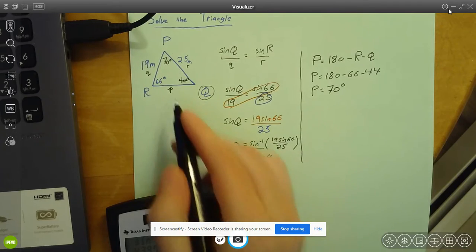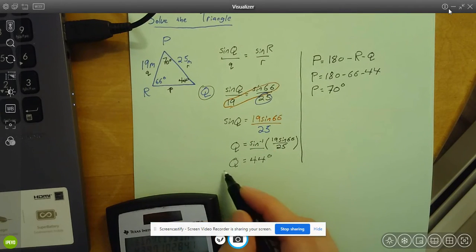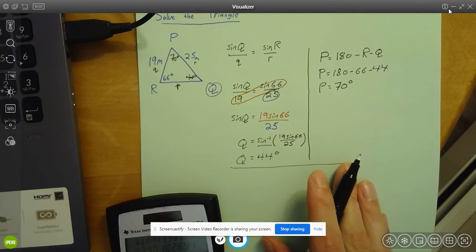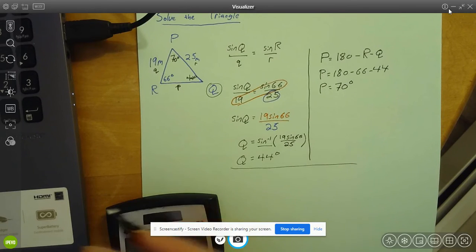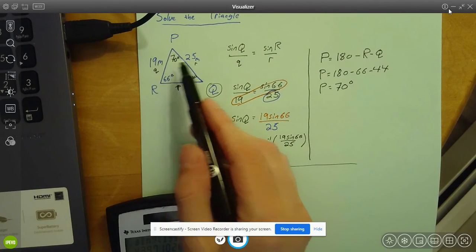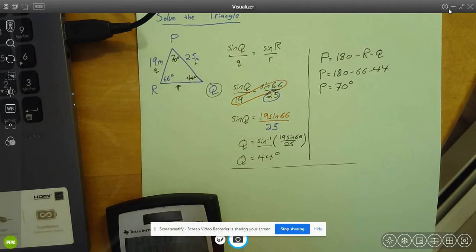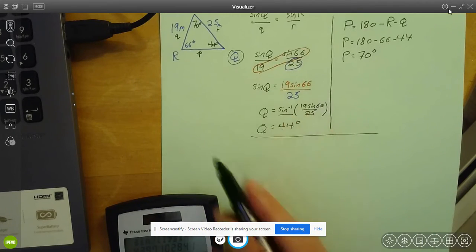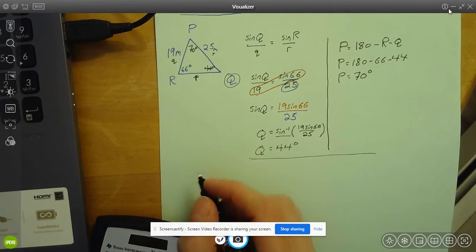Okay. Now all I need is side P. And again, I could just use the sine law again. I can't use SOHCAHTOA, it's not a right triangle. And again, I can't use Pythagoras because the Pythagorean theorem is only working for the right triangle. So instead, I'm going to solve for